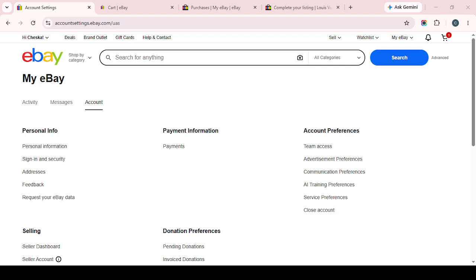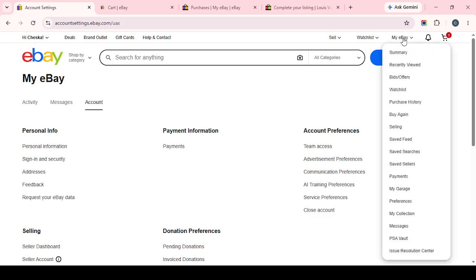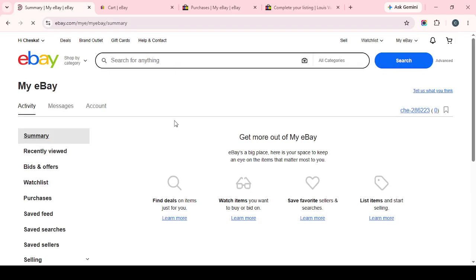If you need to appeal the restriction or you're unsure about the notice, click Help and Contact at the top of the page to launch a live chat. This gives you a direct way to speak with eBay support and ask for clarification. Be clear, polite, and specific about the restriction when explaining your situation. That's how to check your eBay restriction notice, submit the required information, and contact support if you need